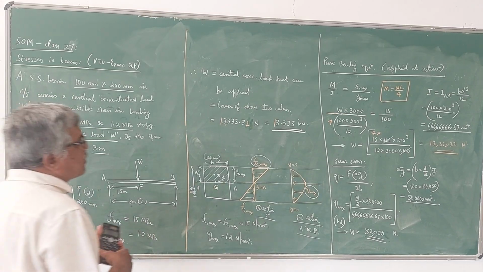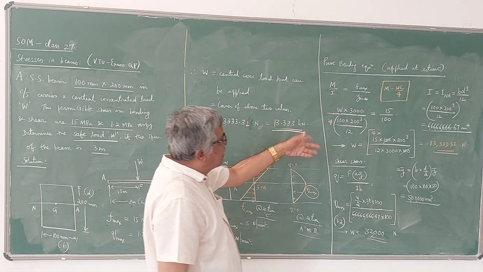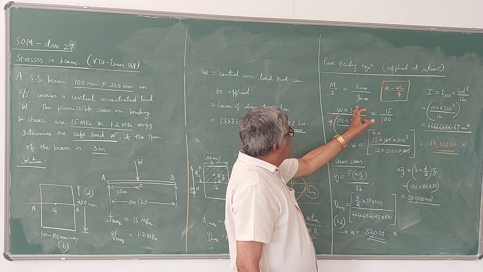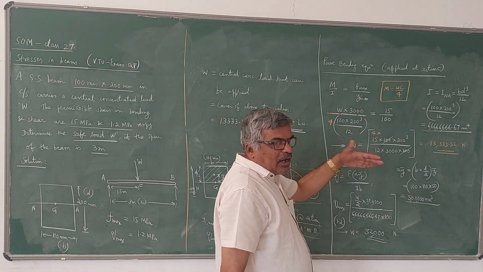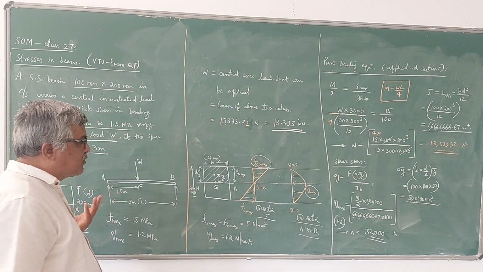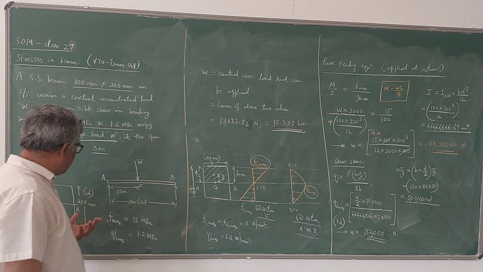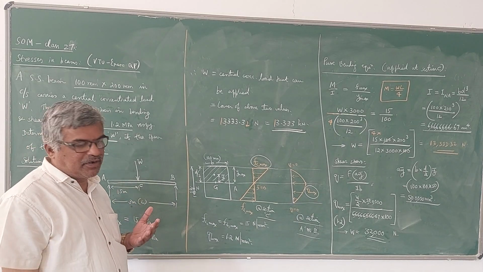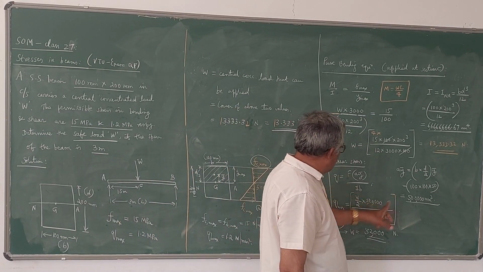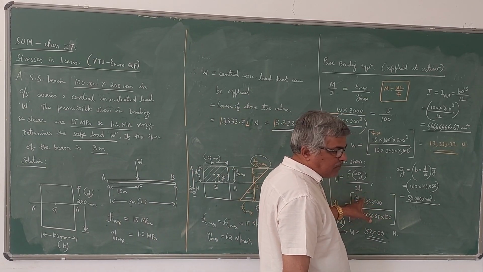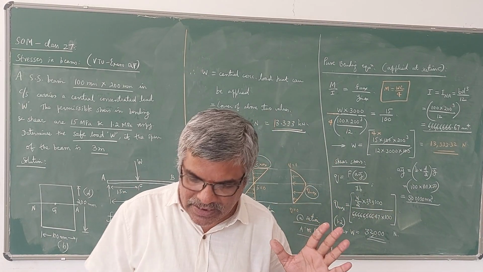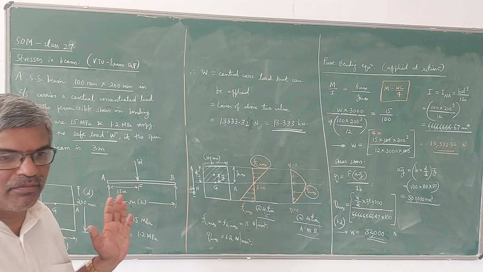If it is UDL, WL square by 8. So same formula, same method, same equation, but here W into L square becomes 3000 square divided by 8. Calculate W, and maximum shear stress is calculated based on maximum shear force value. Maximum shear force will be in that case WL by 2. So here instead of W by 2, you have to take WL by 2, where L is once again 3000. And we have to simplify, keeping the other things same. So if they ask UDL for the same problem, you have to do